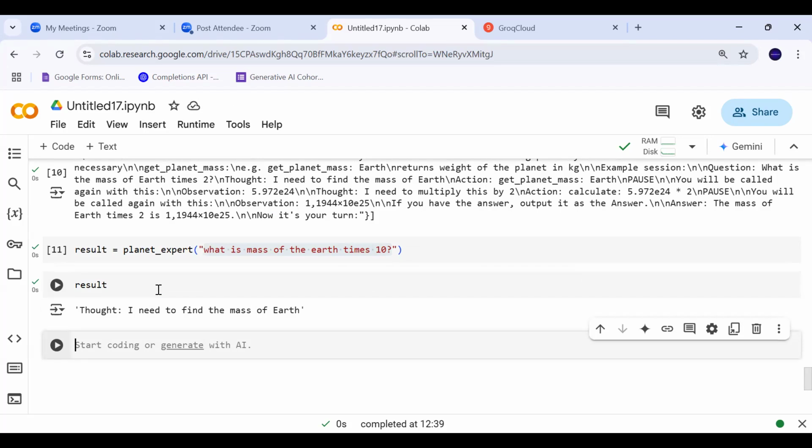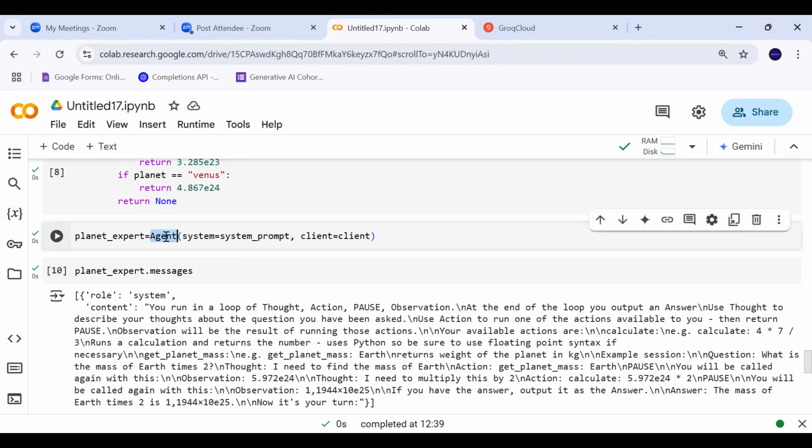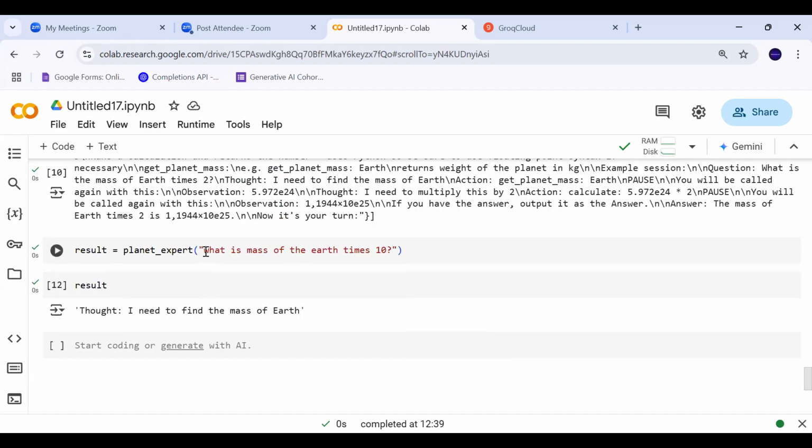So they are standard methods. Whenever you create the first instance, you are instantiating your class and the init method is called. But once you have an object of the class and you give it a question, then the call method will be called automatically. Okay. So now this question along with my system prompt was sent to where?